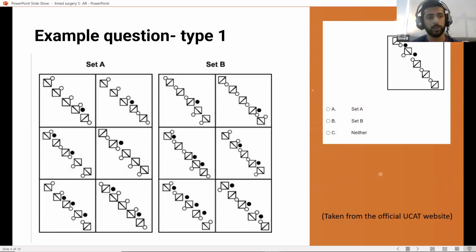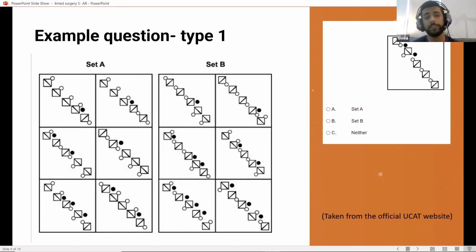I then look at the smaller shapes, and I'm looking at some of the simpler ones. So I wouldn't pick something like the bottom left one on set A. I'd pick maybe the top 2 and compare them and look at what's going on. You can see with set A, the first 4 shapes are exactly the same, and then there's a black circle and then it changes. So I know that, okay, it must be something to do with the black circle.